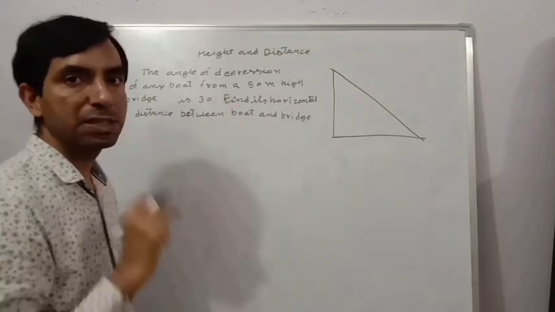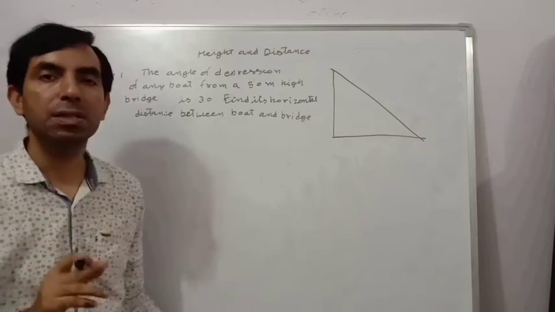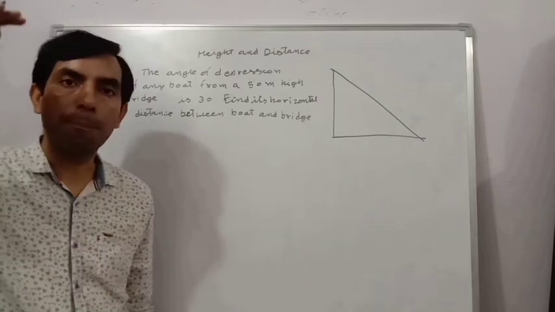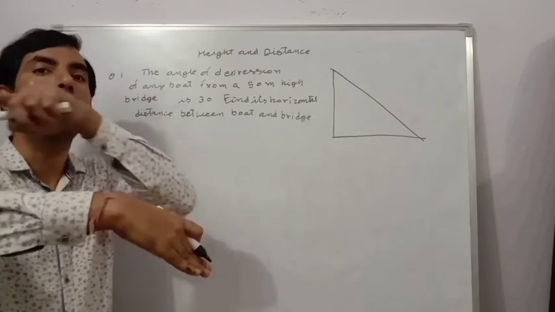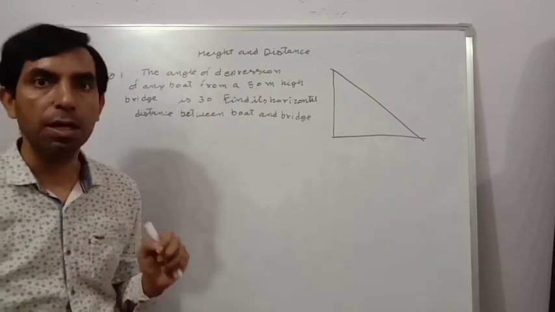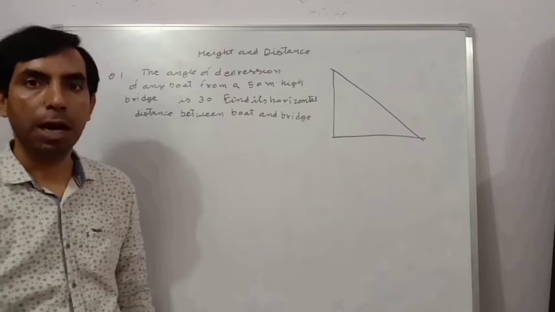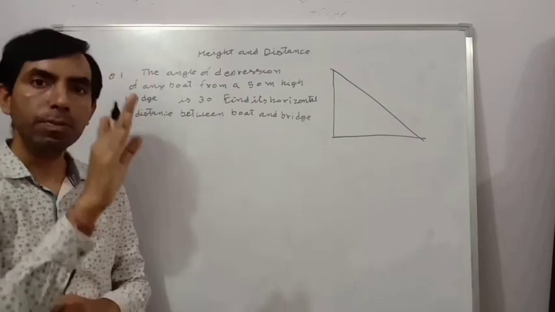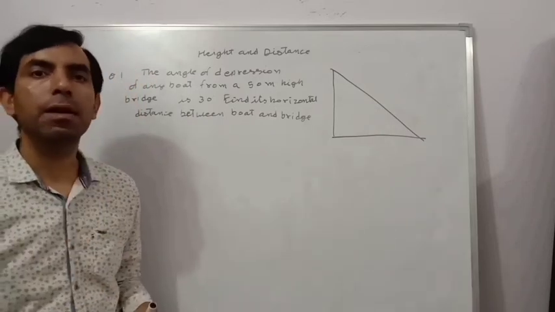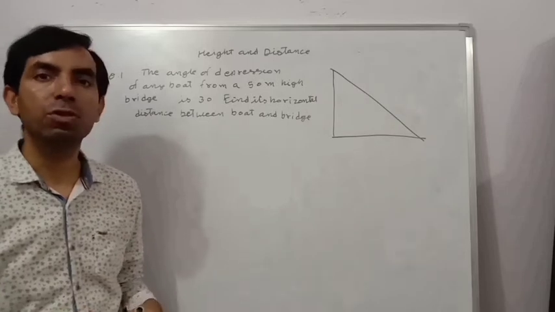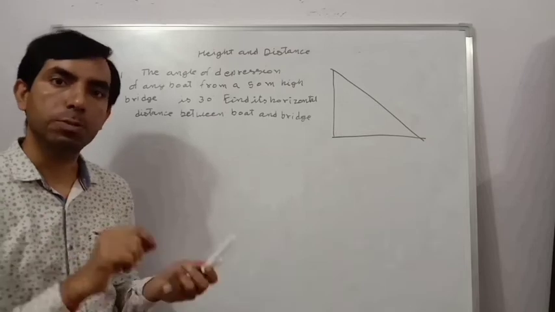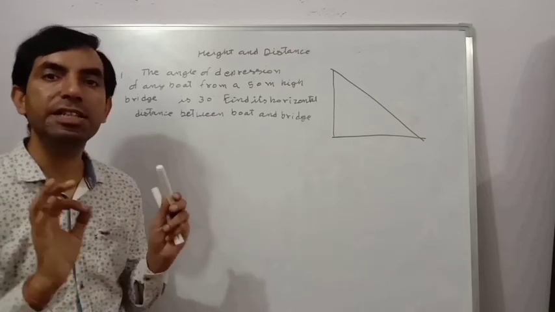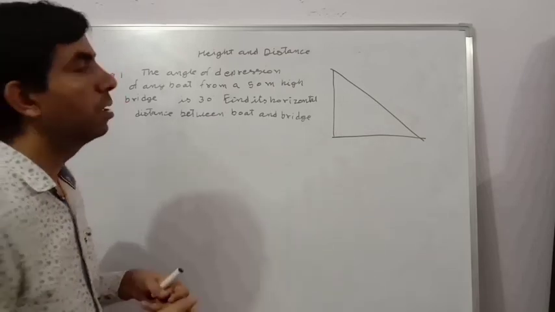Here we are given the depression angle. Depression angle means if we look at something from up to down, then we make an angle from up to down with the horizontal axis. That is called the angle of depression. If we look at something from down to up, that is called the angle of elevation. It is only a name difference, but both values do not change, because the angle of depression is equal to the angle of elevation each time.